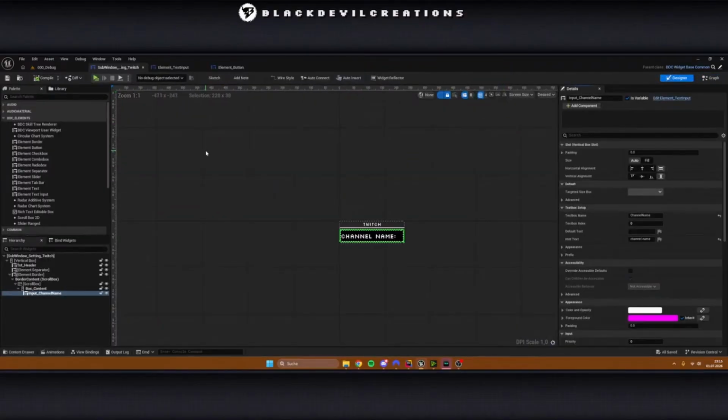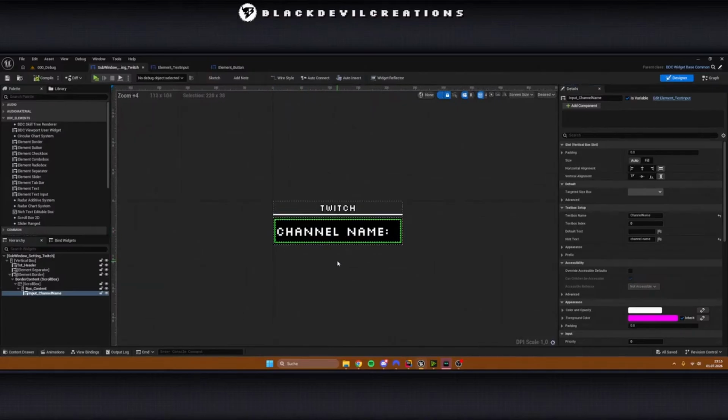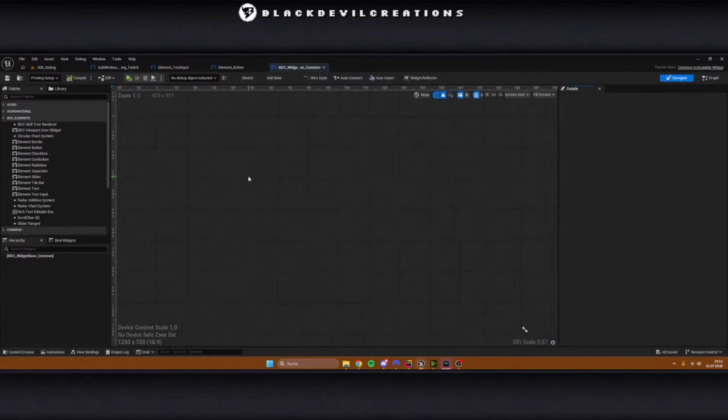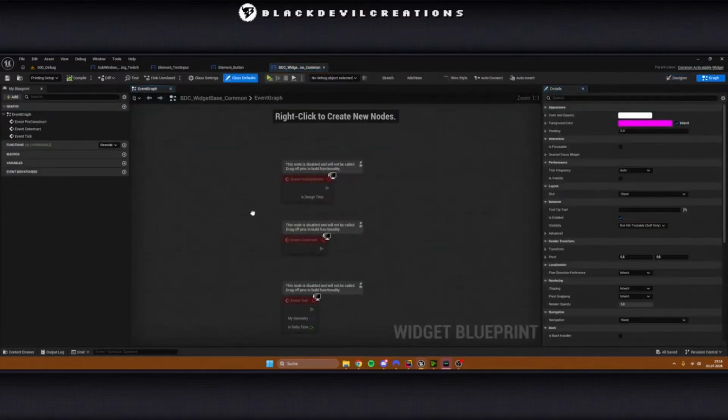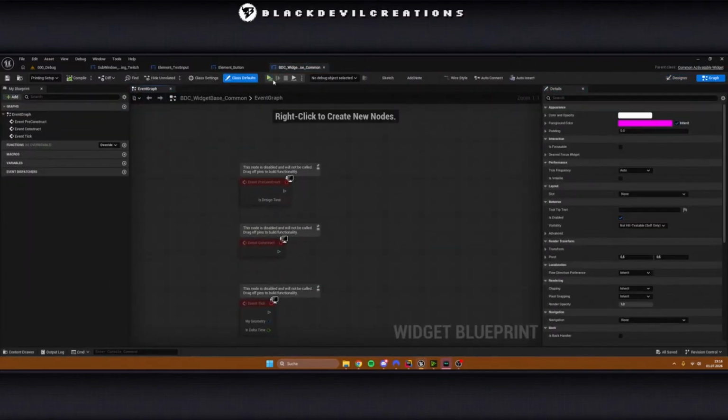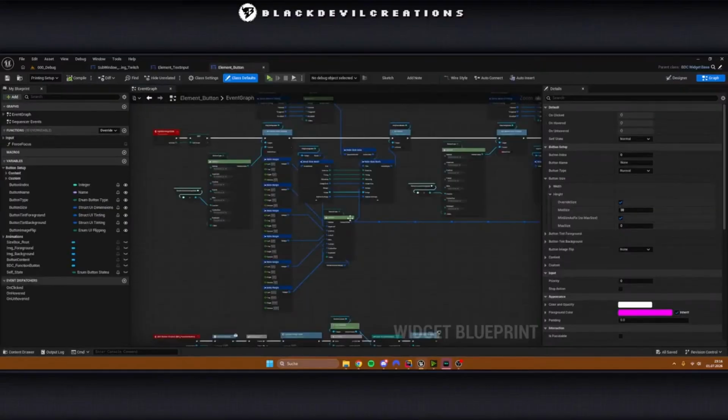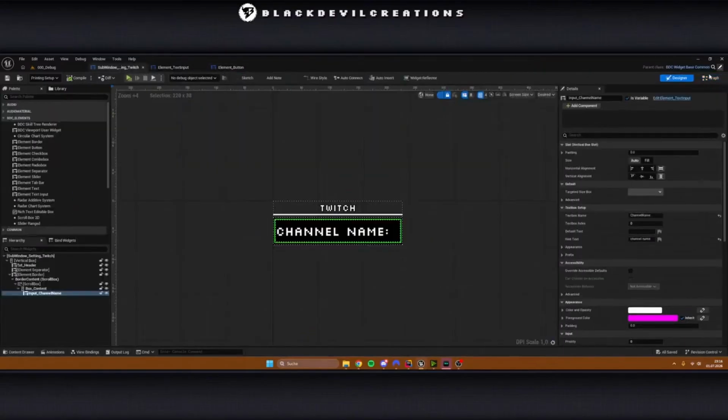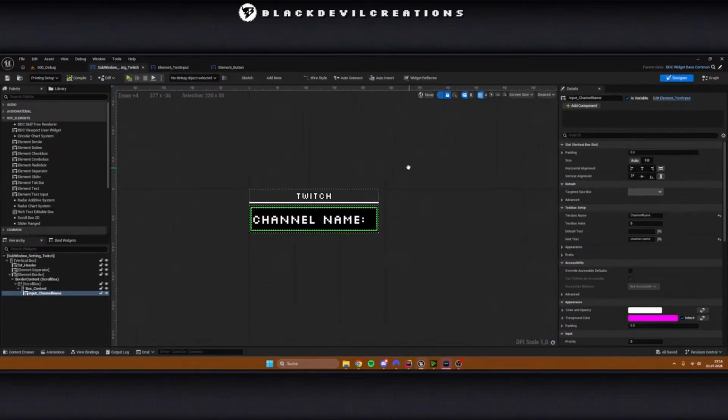First of all, we use Common UI. I highly recommend using Common UI wherever possible. This one is a common widget base of mine, which simply offers functions for size boxes. I can show you. It's empty. There is nothing inside. No functions here. This is simply my base stuff. If I want to add something special, I add it to this class, and it's inherited by everything else. So